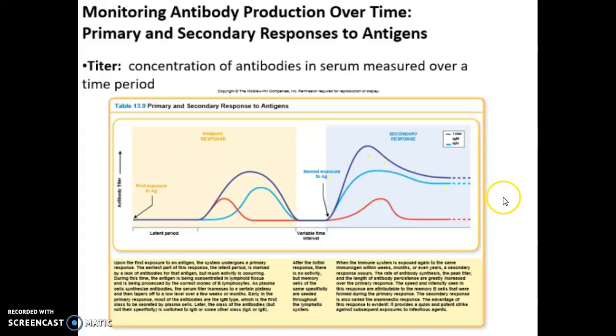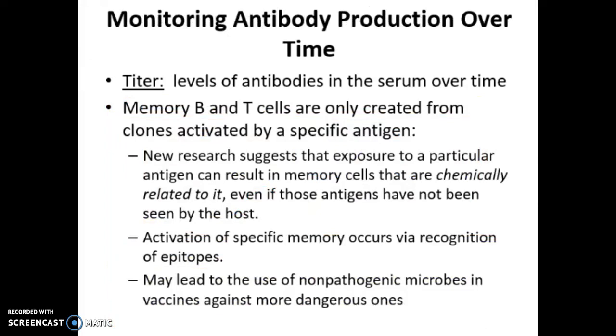So you can have your antibodies titered to see how much of a specific antibody you have, whether it's IgM or IgG. That's very interesting to do, but by doing that, you can determine, well, is the person in the primary immune response, are they in the secondary immune response, are they way out towards the end where that infection may actually be coming to an end. All right, and then this is just some of that, some